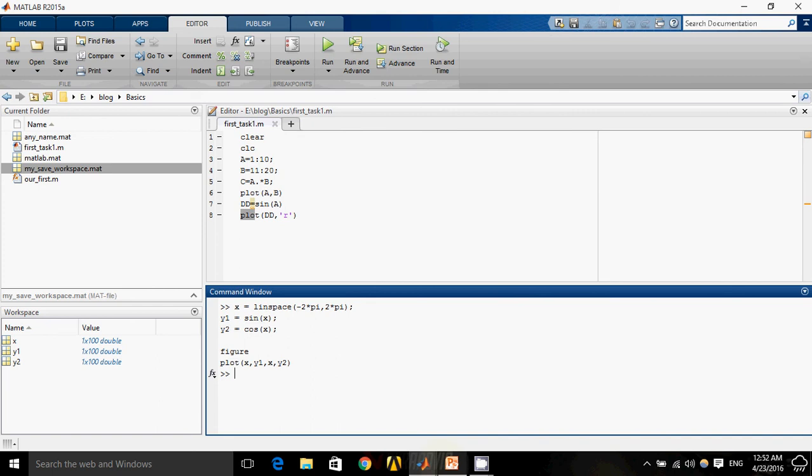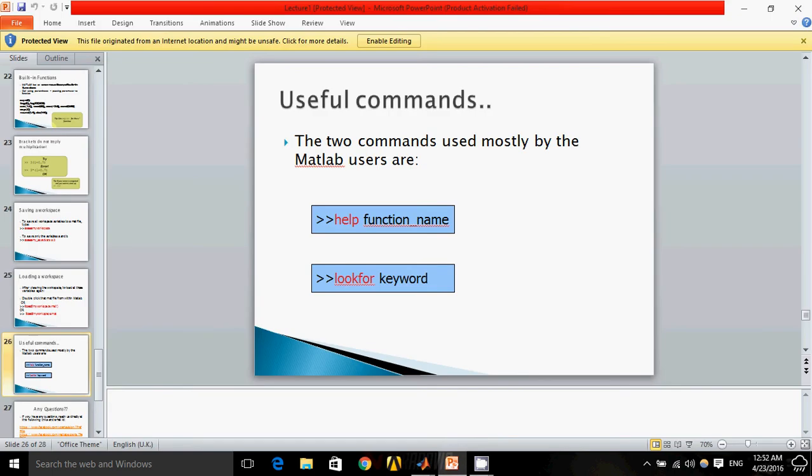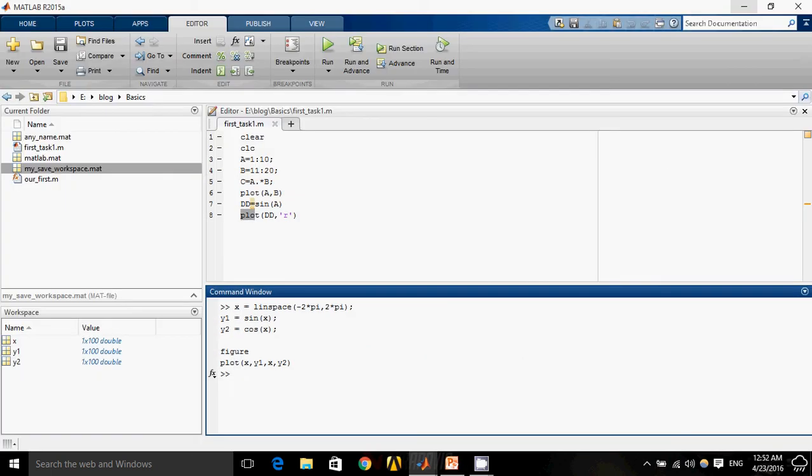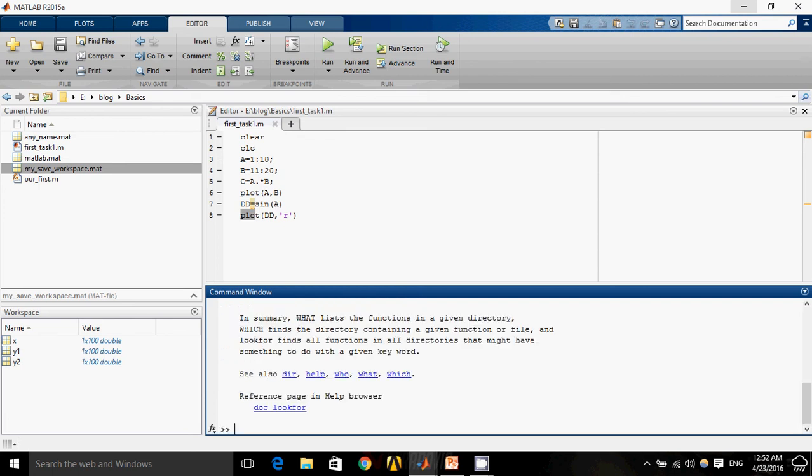And there are a lot of examples, you can expand these examples. I can copy these examples and paste them in the command window to check the results. So this is the help command, and the other important command is lookfor.